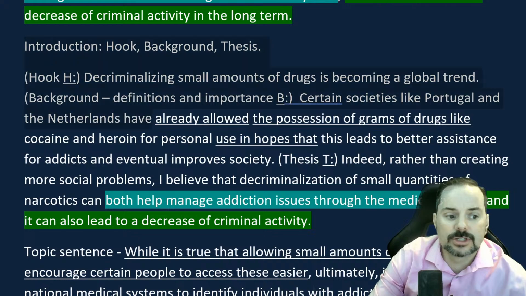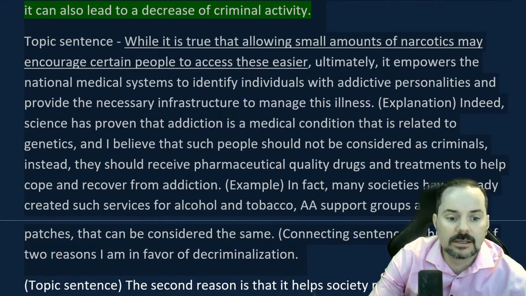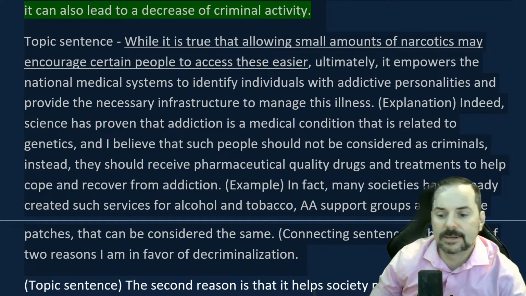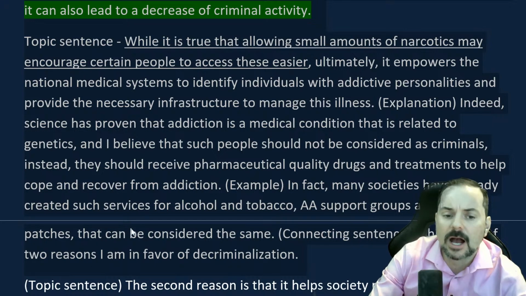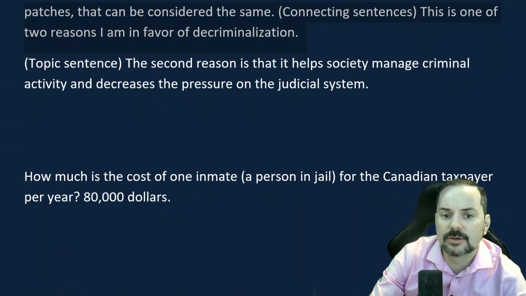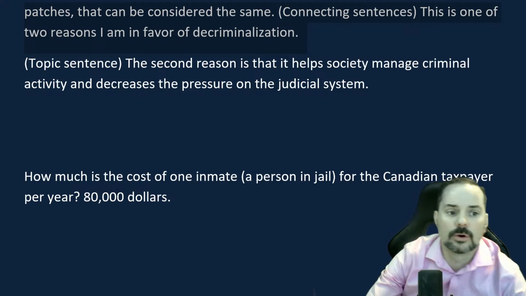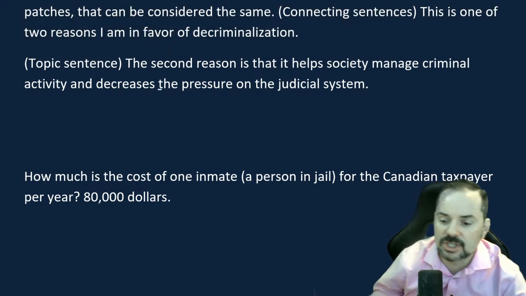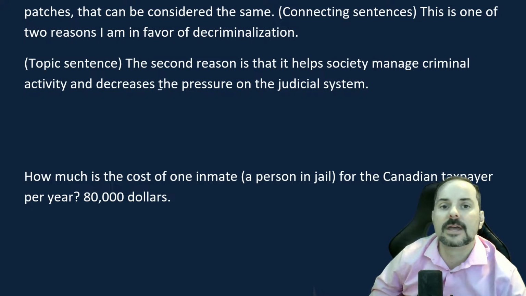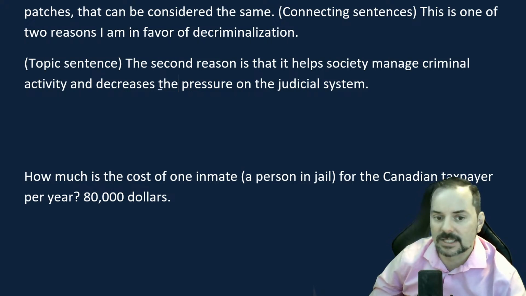So here is the introduction. Here is the body paragraph 1. Members, I'm sure you can guess what's coming up. Finish this essay on your own. So I know some of you have exams coming up over the next couple of days, so it's great practice for you. Finish the essay on your own, body paragraph 2 and the conclusion. Most of you know what's going on and what you need to do. So the second body paragraph needs an explanation, needs an example, and then you need the conclusion where you restate your points and give a take-home message for your readers.